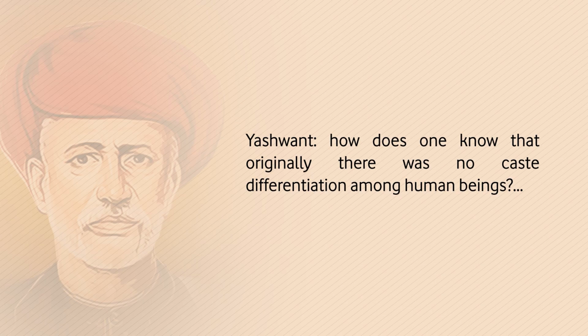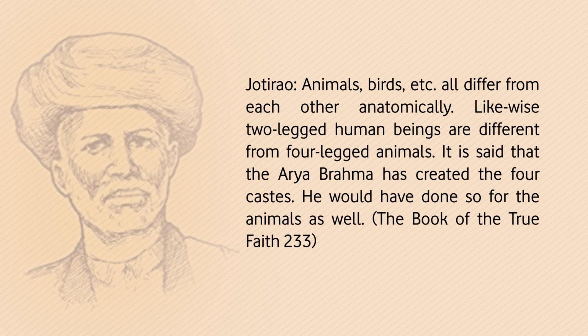And to this, Phule's response is, animals, birds, etc. all differ from each other anatomically. Likewise, two-legged human beings are different from four-legged animals. And so, if there was something like caste, then it would have been operational for animals as well, is what he explains. But since this is not the case, Phule rejects this idea and he says that there is nothing like this, it is something that human beings have created on their own and created a kind of power structure